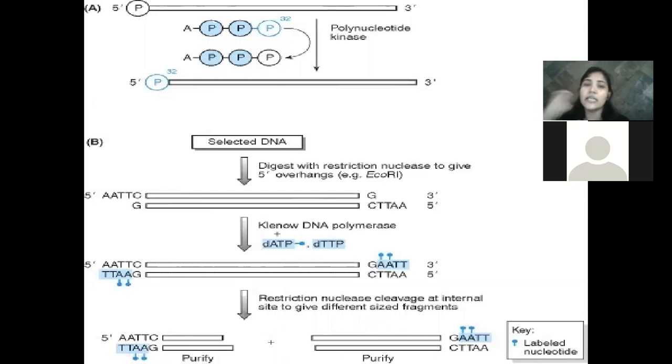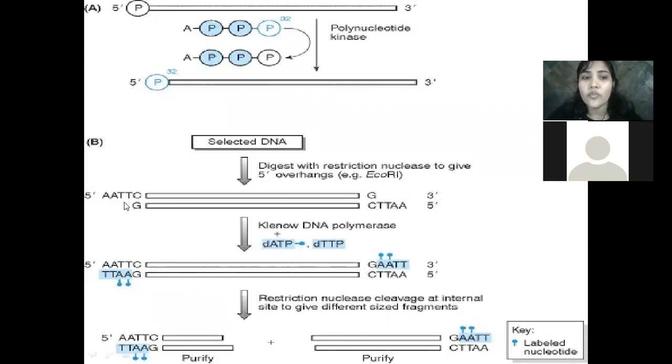So you have this DNA which is double stranded, which you will digest with the restriction nuclease to give the 5 prime overhangs. Okay, EcoRI. So EcoRI is a restriction enzyme which will cut the DNA at a specific site that it can recognize. It's an enzyme derived from E. coli bacteria. So for now you just understand that we used EcoRI in order to cut the DNA